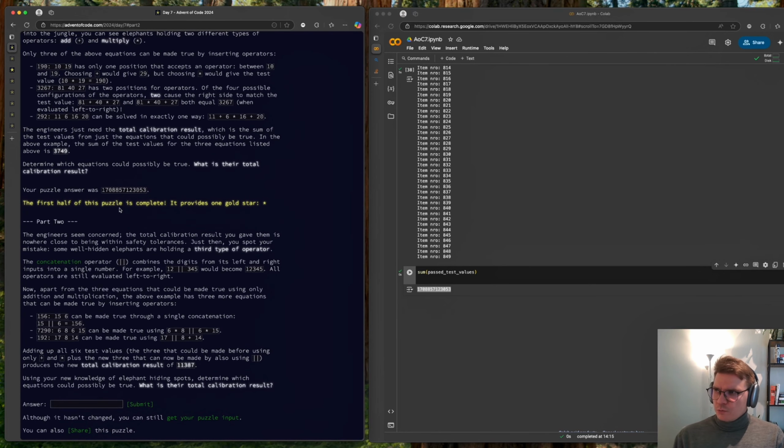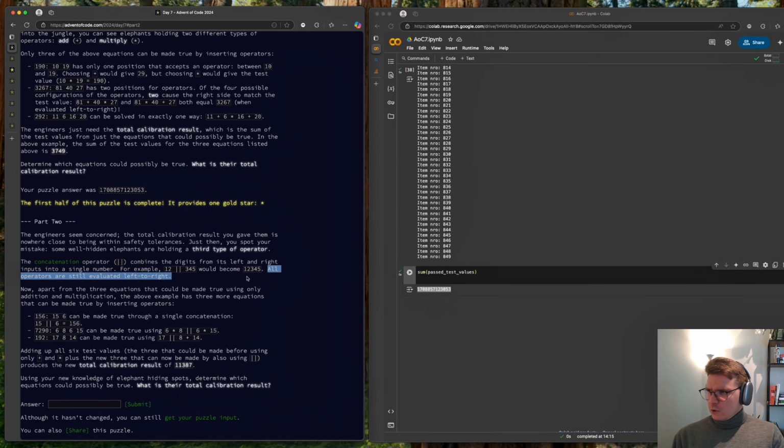So in this part 2, the engineer seems concerned the total calibration results you gave them is nowhere close to being within safety tolerances. Just then you spot your mistake. Some well-hidden elephants are holding a third type of operator. The concatenation operator combines the digits from its left and right inputs into a single number. For example, 12 concatenated with 345 would become